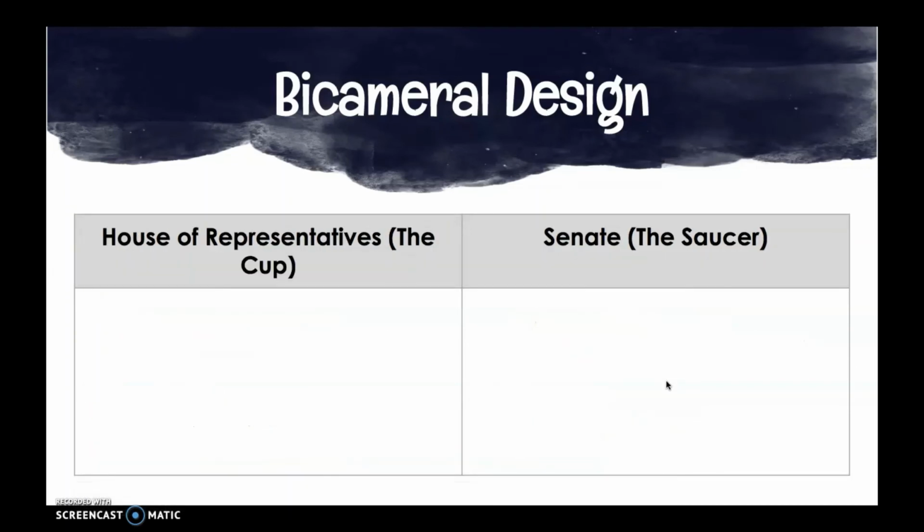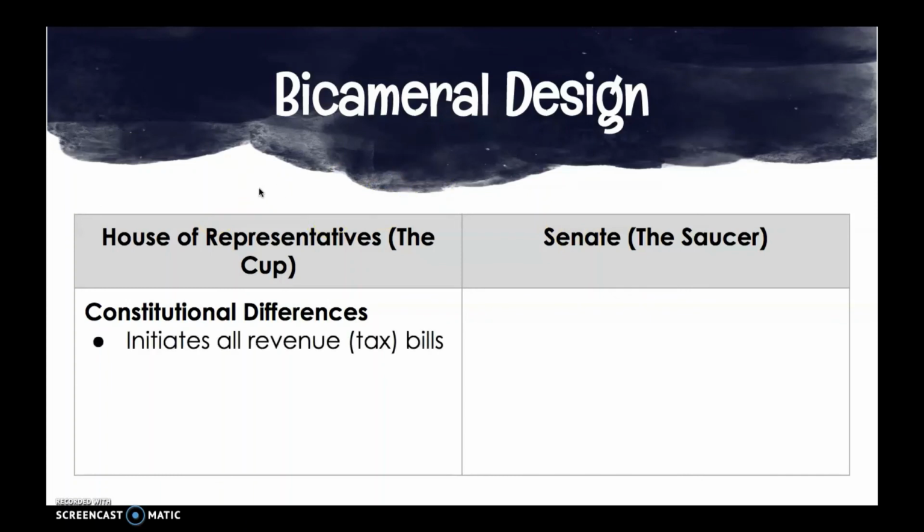All right, so now moving on to constitutional differences. There are different powers assigned to each chamber of Congress in the Constitution. So starting in the House, the biggest one here is that in the House, all revenue or tax bills originate or are initiated. A senator cannot introduce a tax or revenue bill. And the reason for this is revenue bills